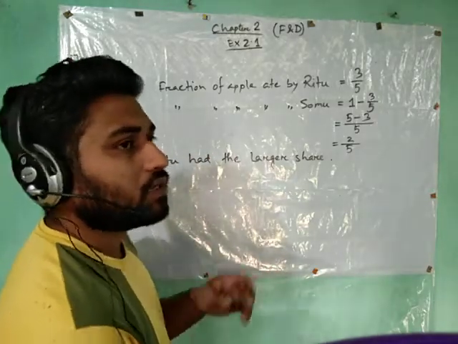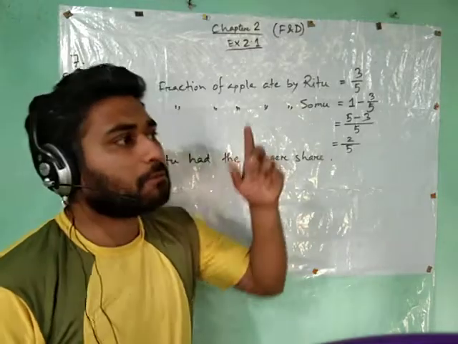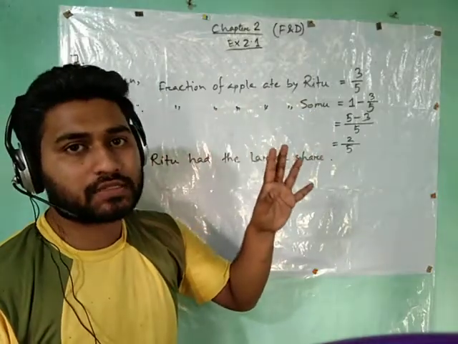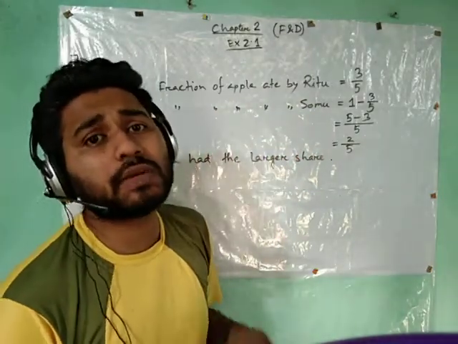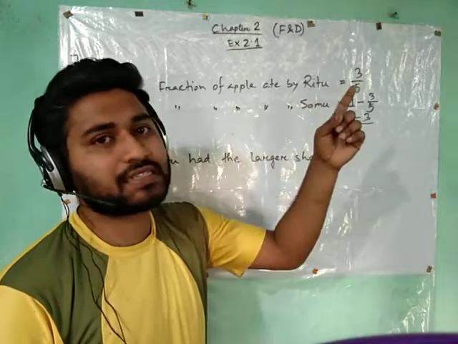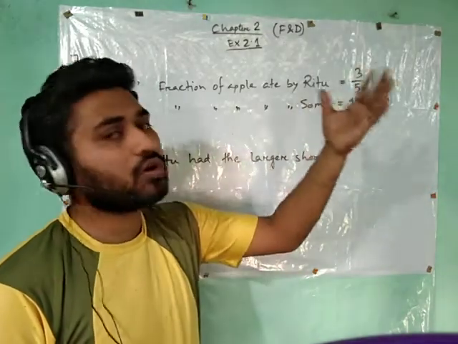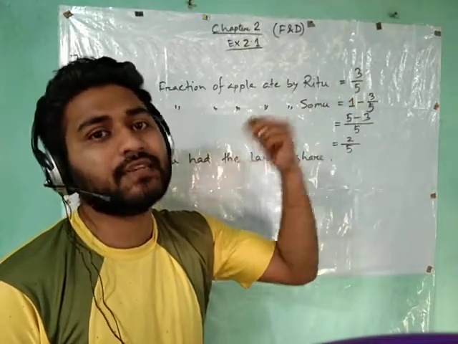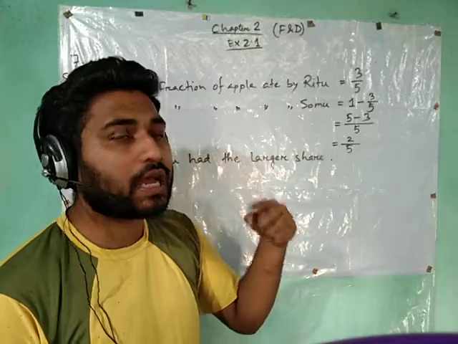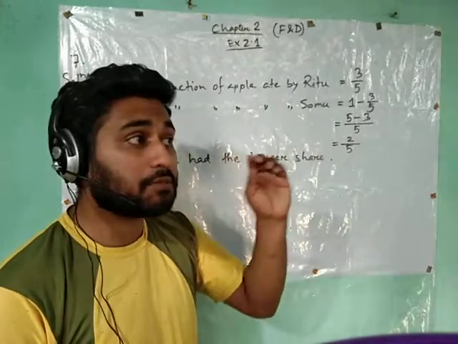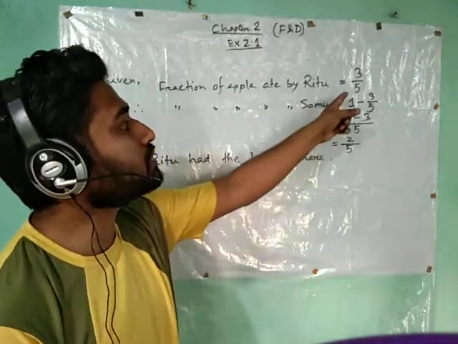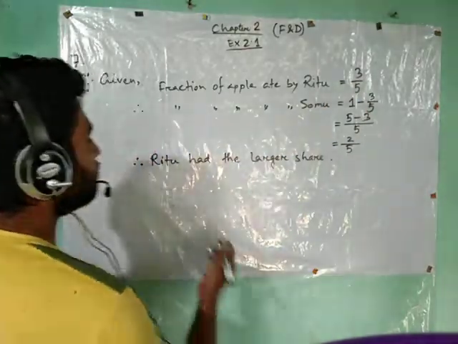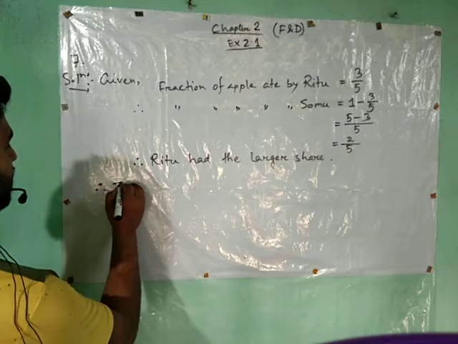By how much? I have 5 rupees, my brother has 7 rupees. Then if someone asks that your brother has how much more money than me, then how will I find it? He has 7 rupees, I have only 5 rupees. So 7 minus 5, that means he has 2 more rupees than me. That means how I got it? I got it by subtracting, simply subtraction. So whose share was greater? Ritu's share was greater. So I have to here, therefore